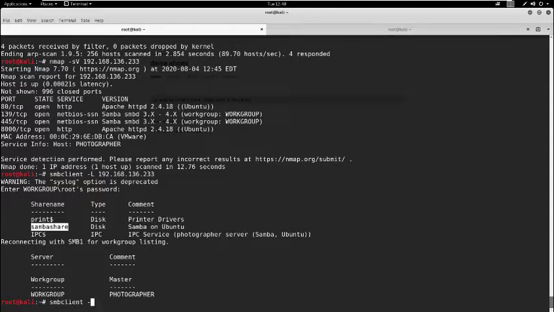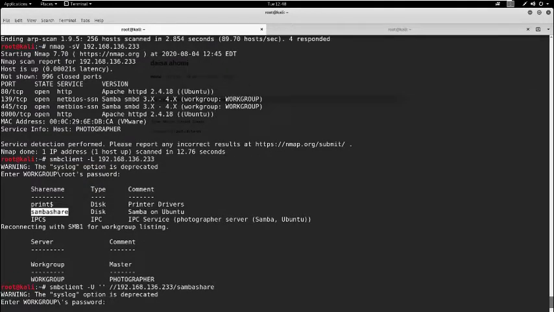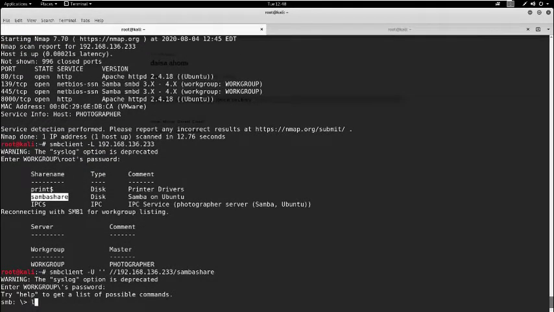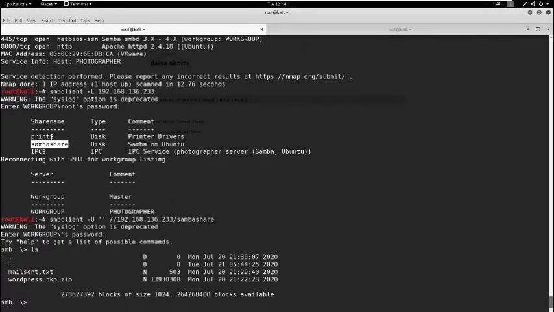So now what we can do, smbclient -U is for the username, but we don't know the username, so we can leave it like this. And this is the syntax for how you can log in to Samba, and this is the name of that share, sambashare, right? Yeah, now hit enter, and without providing any password you can press enter, and yeah, here we have it.